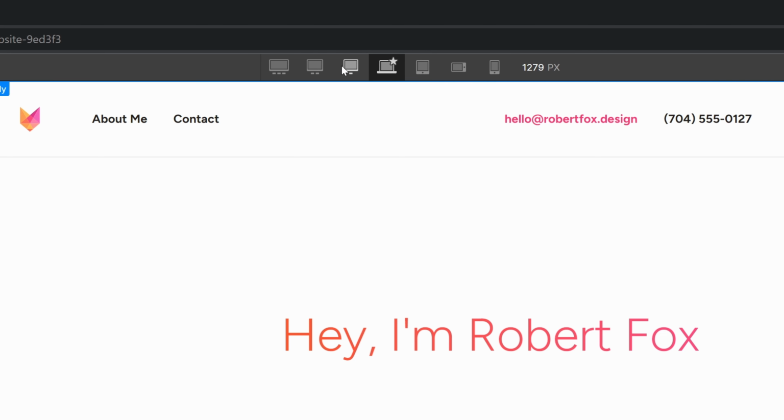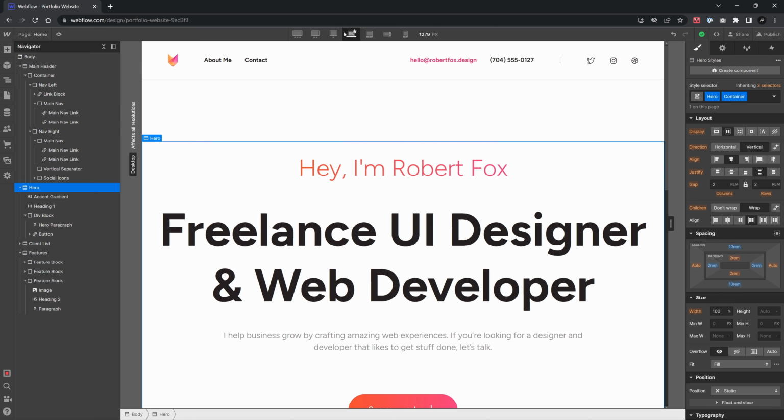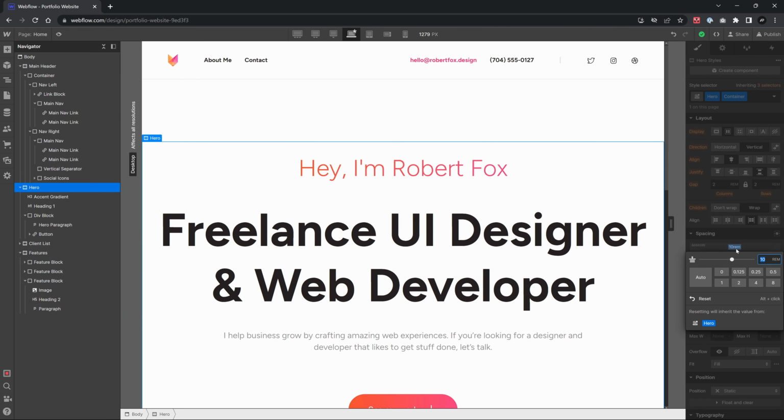It will cascade up. So what does that mean? Well, let's take again the hero section that we created. It has 10 rems margin top and margin bottom. And if we look at the other bigger breakpoints, that value is preserved. But if I change this base breakpoint to, let's say, 12 rems on the top, 12 rems on the bottom, that change will cascade up